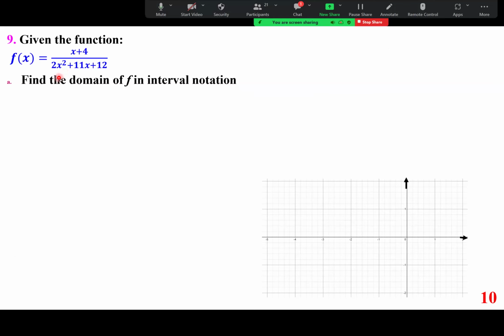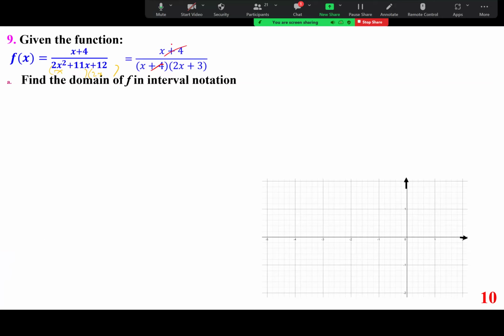And you try to factor it, and 2 is a prime number, so you have x and 2x. And 12 is the product of 1 and 2, 2 and 6, 3 and 4. It ends up working with 4 and 3. Notice this is 8x, this is 3x, they add up to the middle term. And so x plus 4 cancel out,